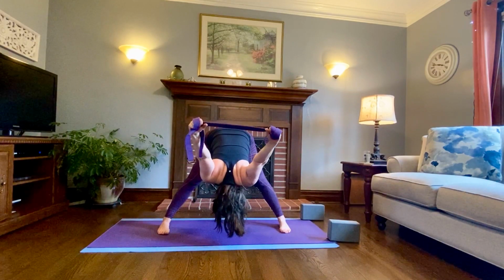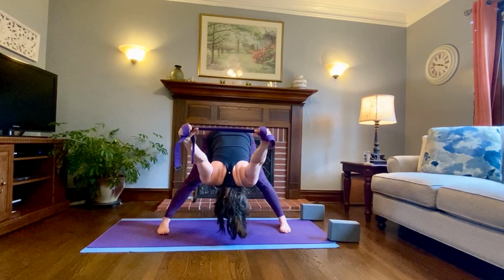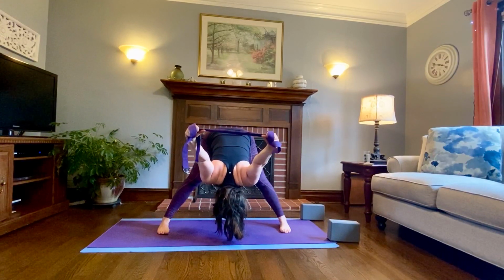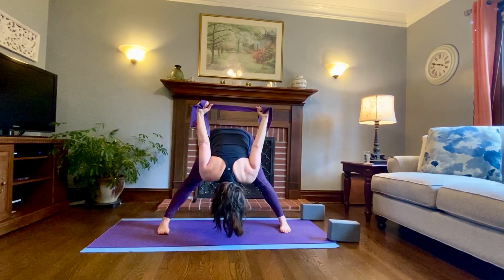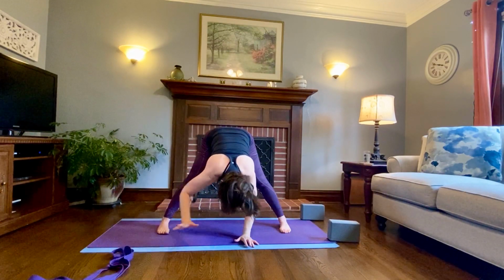Listening to the energy and the rhythm of the breath that you are hopefully controlling. You're telling that breath to smooth out, slow down. One more inhale. Exhale, let that strap with the hands come down, let it come off on one side, and hands will come